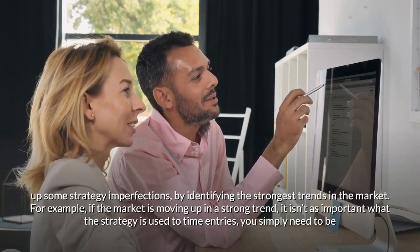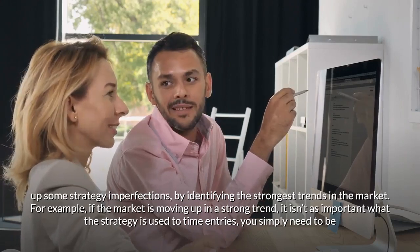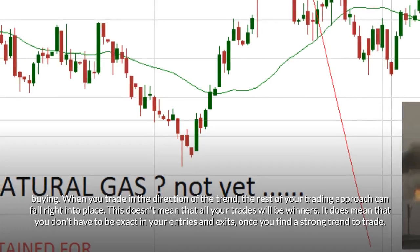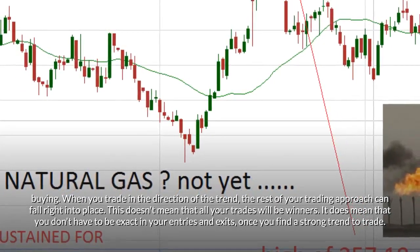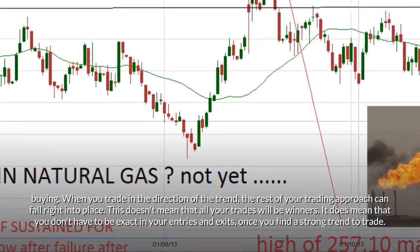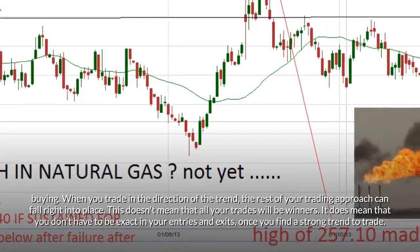For example, if the market is moving up in a strong trend, it isn't as important what the strategy is used to time entries, you simply need to be buying. When you trade in the direction of the trend, the rest of your trading approach can fall right into place. This doesn't mean that all your trades will be winners. It does mean that you don't have to be exact in your entries and exits, once you find a strong